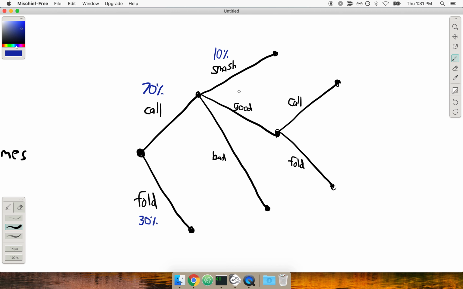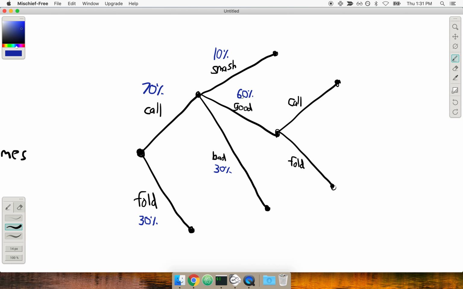Let's say that there's a 60% chance that we get a good flop. And let's say that there's a 30% chance that we get a bad flop. And remember, by good, I mean a flop that we can c-bet profitably, and a bad flop is one where we just check fold and we lose the